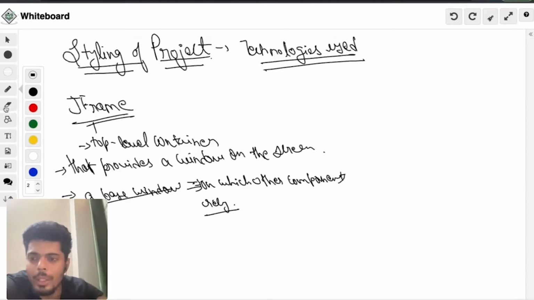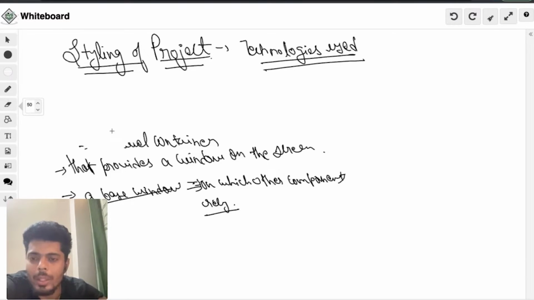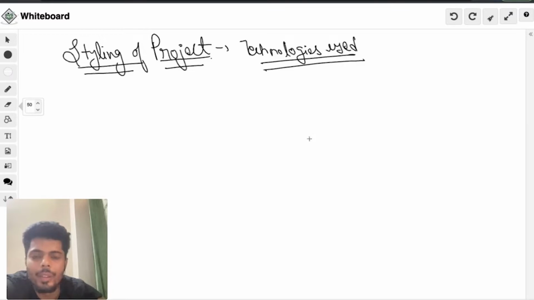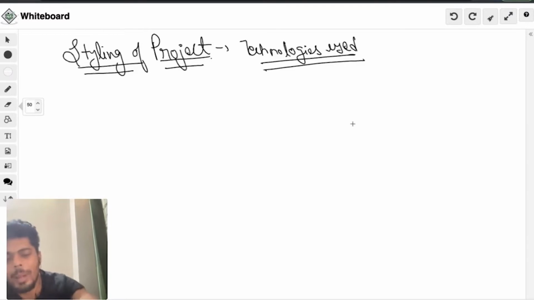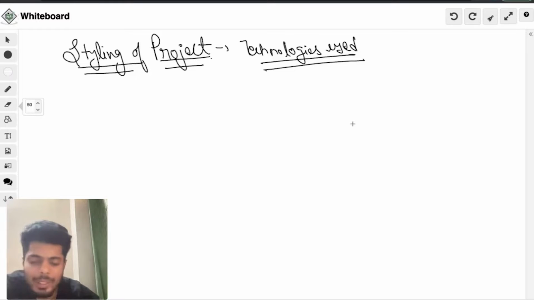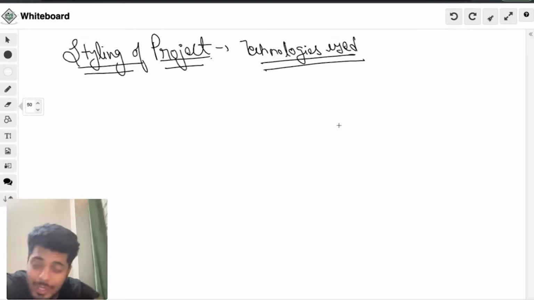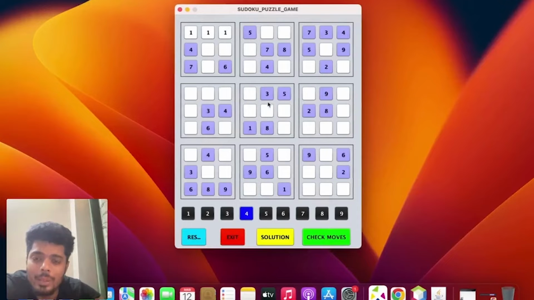I hope you got an idea about Java Swing, JFrame, and what all technologies we are using to build this project. So definitely everything so far is clear to you guys. Now we will directly jump to the styling part, because the styling is very important in this project, as you must have seen, and along with styling, of course, the coding.